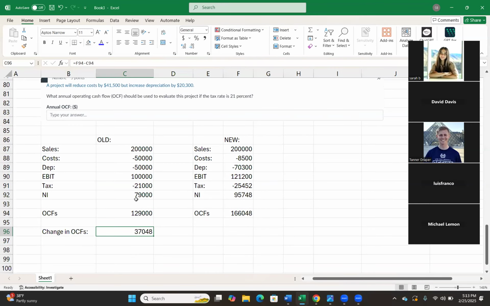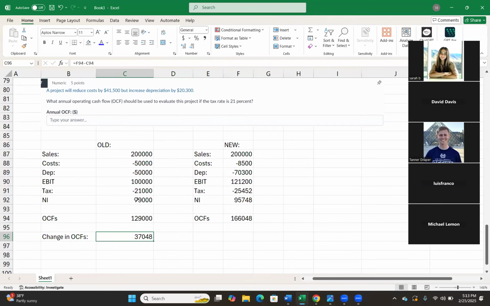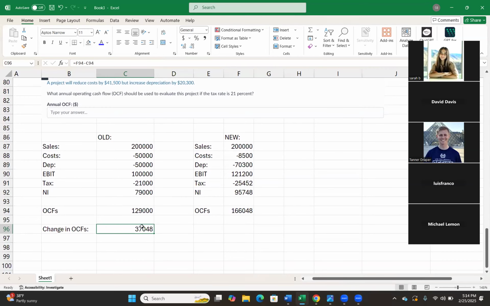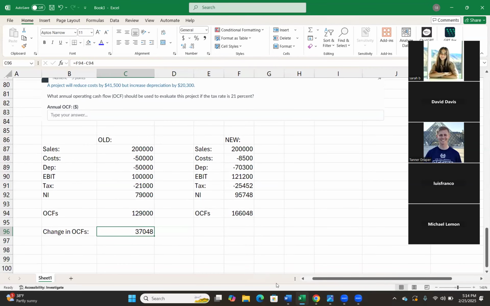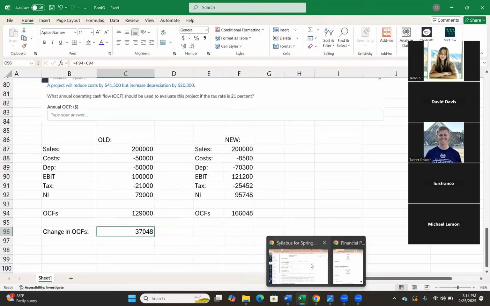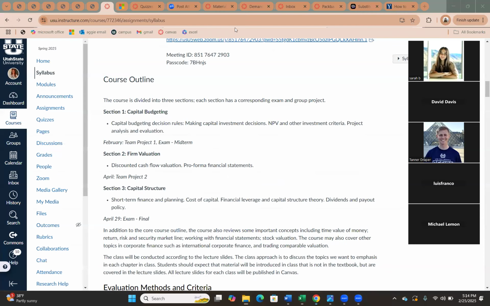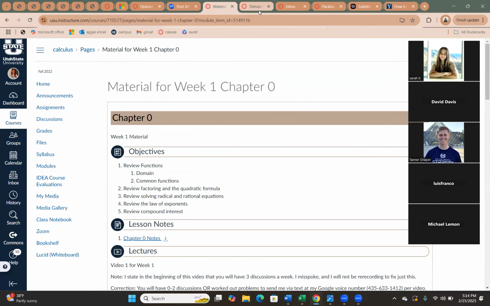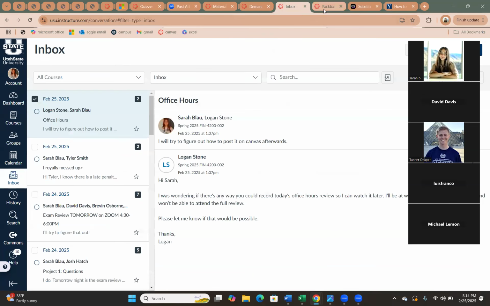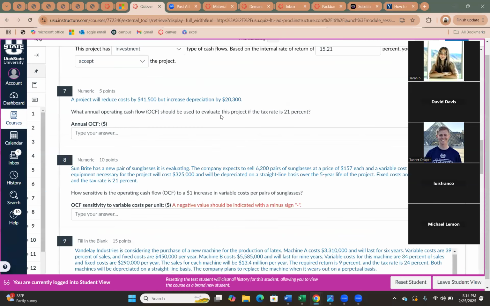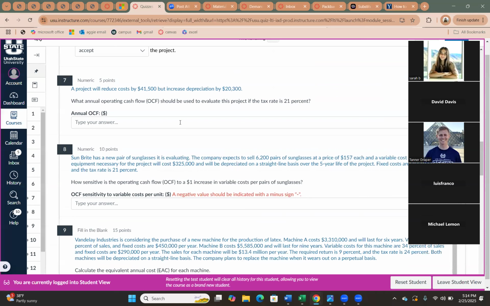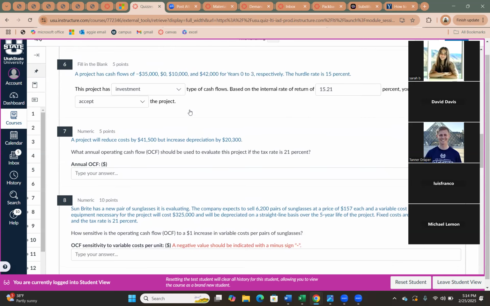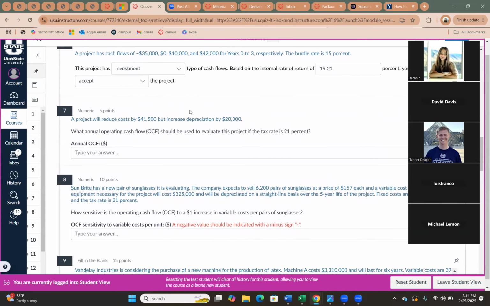So, what should my annual operating cash flow be? Oh, that's actually a good question. Hold on. Because sorry guys, this is showing the change. Nope, not this one. Not that one either. Here we are. This is showing the change, but we want to know what our operating cash flow should be if the project is